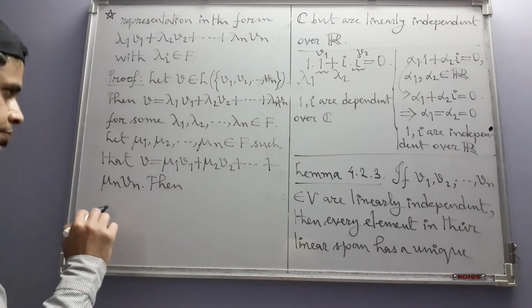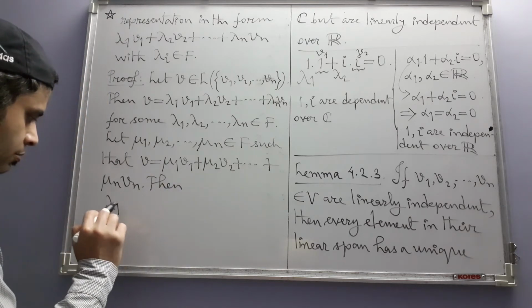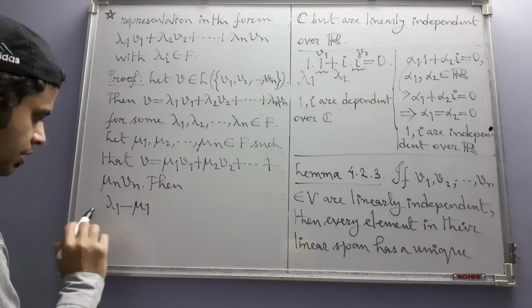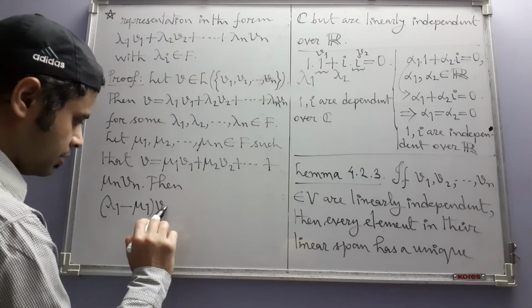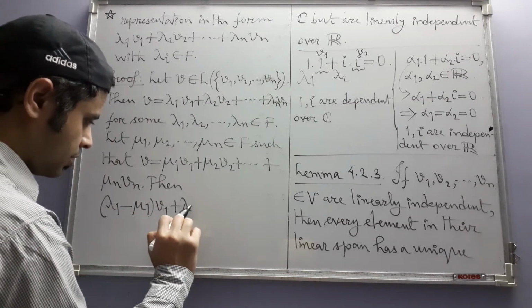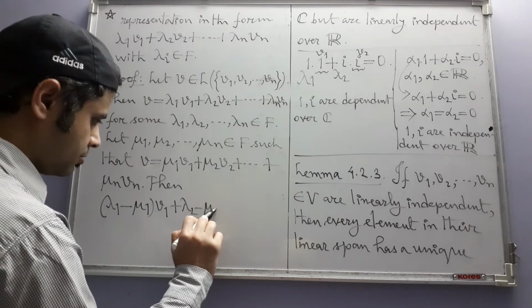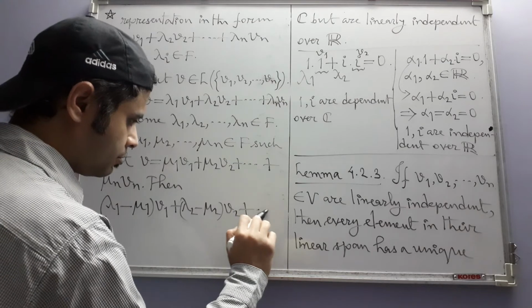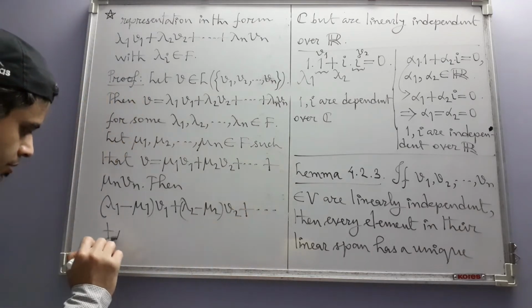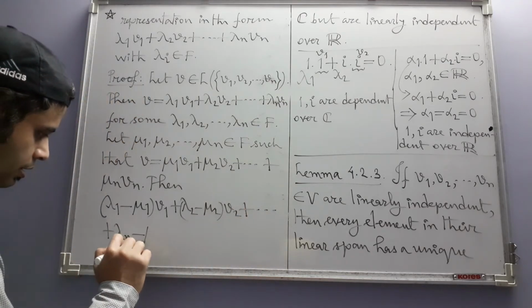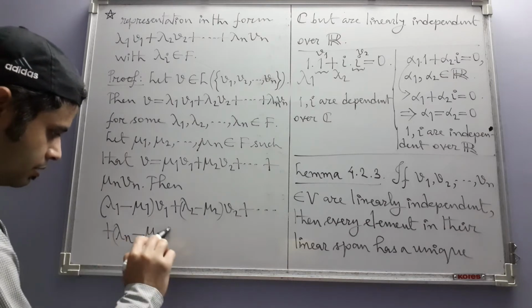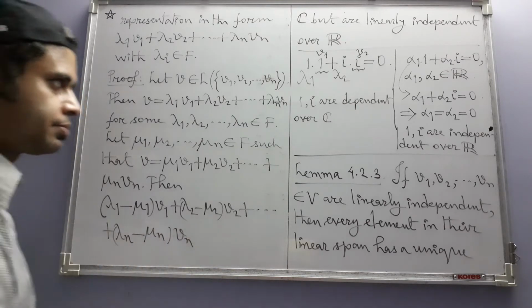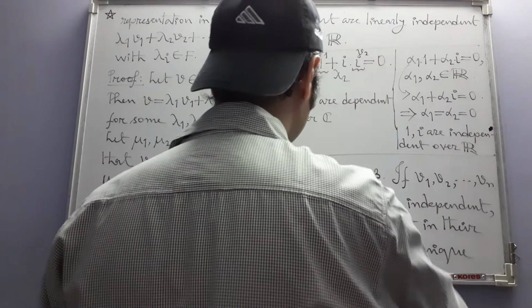Then lambda 1 minus mu 1 times v1 plus lambda 2 minus mu 2 times v2 plus etc. plus lambda n minus mu n times vn is equal to